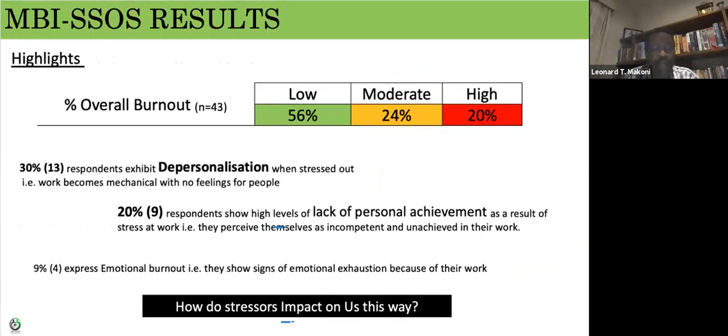What does this therefore mean with our Maslach burnout inventory together with the satisfaction stress offset score results? The highlights are simply this. The percentage of burnout overall on the 43 respondents is at 56% low. So we're doing good. We're not that badly burnt out, but 20% is high. 20% speaks to people who honestly speak about their problems. So if you look at that moderate to high, you are within that 24 to that